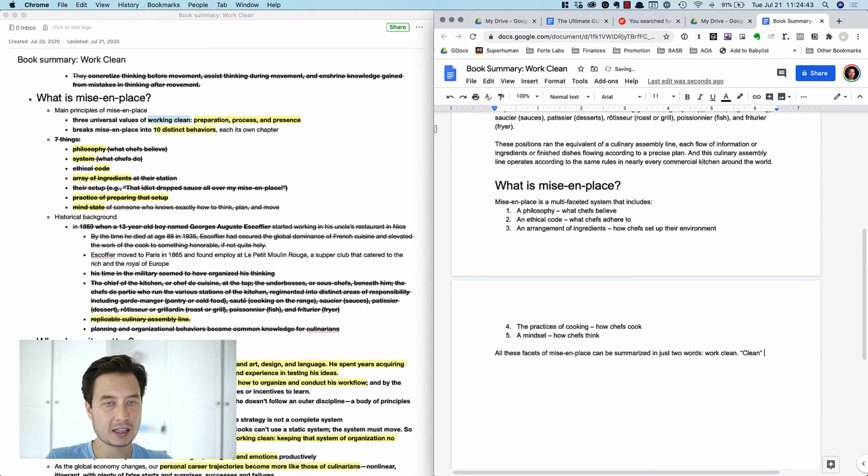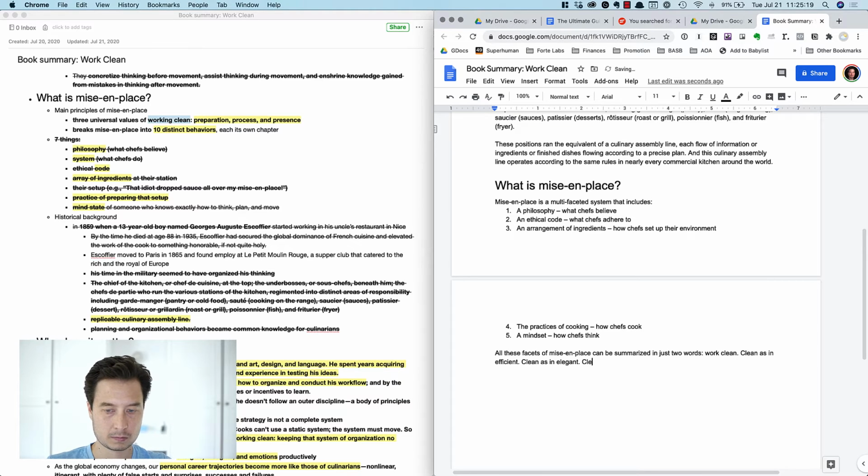And then I'm just realizing, I just for a second put myself in the shoes of a reader, and they're like, "work clean," okay. Does that mean you wipe your knife as soon as you cut, like every time you cut something? Does it mean you are perfectionistic and keep everything spick and span? No. And so that just made me realize I have to define what it means to work clean, at least in a brief way. So I'm just gonna say clean as in, actually I'm gonna get rid of the quotation marks. Clean as in efficient, clean as in elegant,